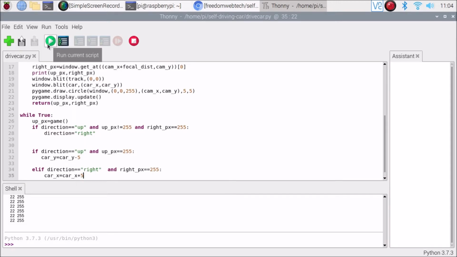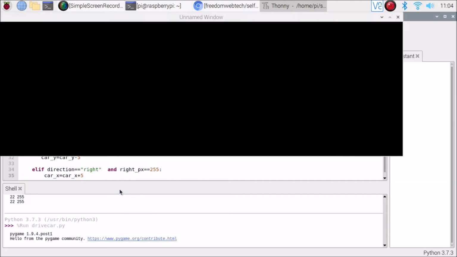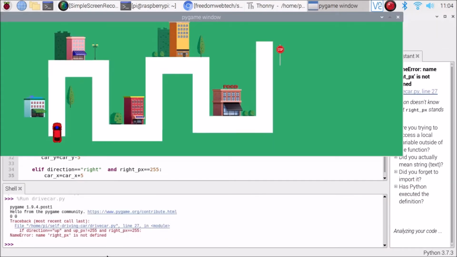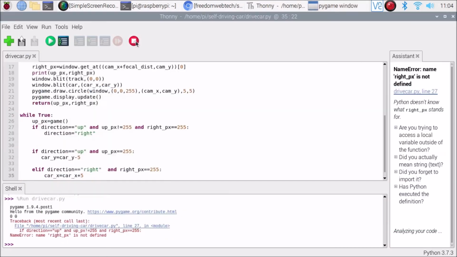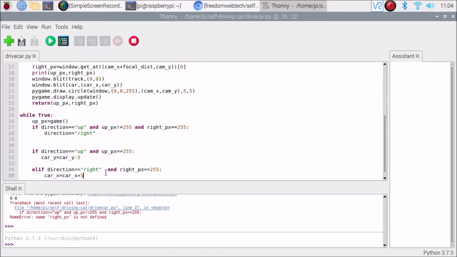So if I save the code, if I run the code, right px, okay, there is a problem. What is the problem? Right px, okay. Also we need to call here our variable. I forgot to mention, that's why it says the right px is not defined. So we need to call our right px inside the while loop, and then it will work. That's why we mention inside the return right px. Simply save the code. If I run the code,